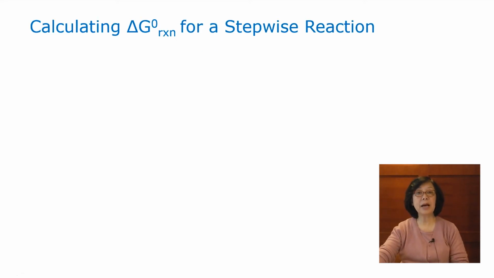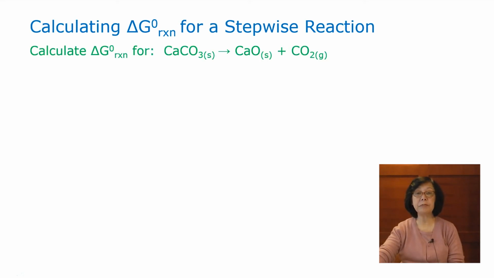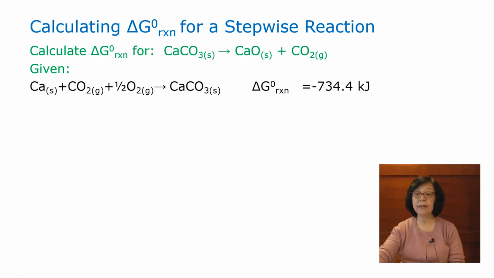There's another way yet to calculate the delta G0 of the reaction from a stepwise reaction. For example, we want to calculate the Gibbs free energy change at standard condition for the decomposition of calcium carbonate solid into calcium oxide solid and CO2 gas. Given that the first equation is calcium and CO2 and half a mole of O2 to form calcium carbonate. Delta G0 of the reaction is negative 734.4